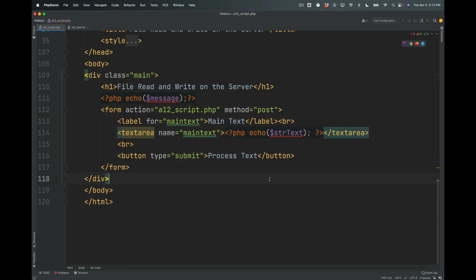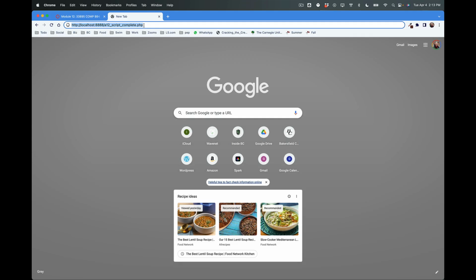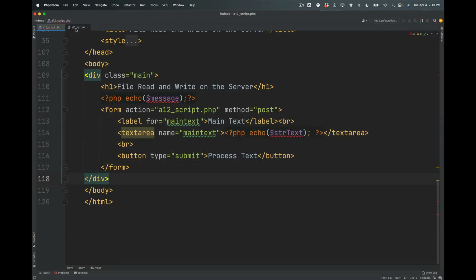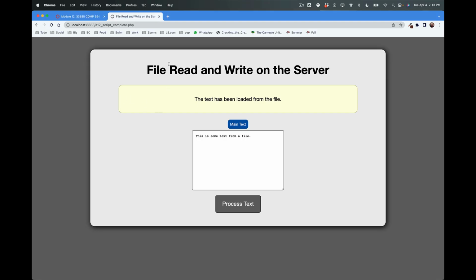So when we run that, the way that's going to look is the first time I run it, I'm going to get this. You can see that the text from the file matches this exactly, and this is actually the file that is being read from. And I get a little message here that said text has been loaded to the file. Now, if I add something to that text and I hit the process the text button,